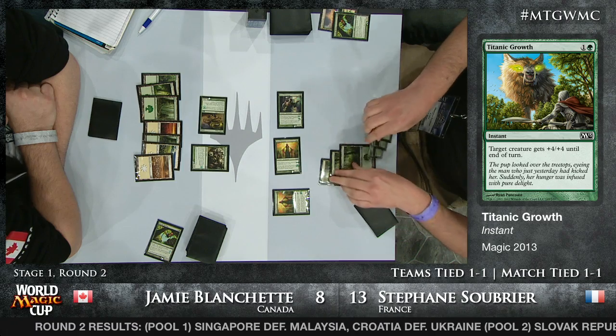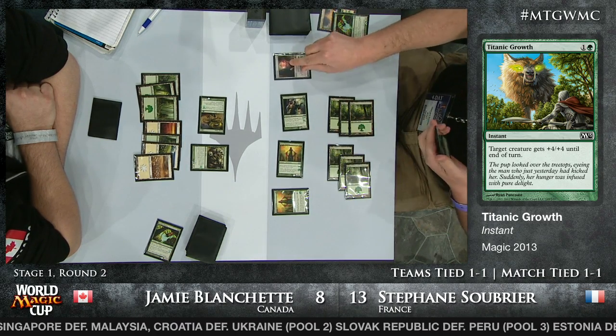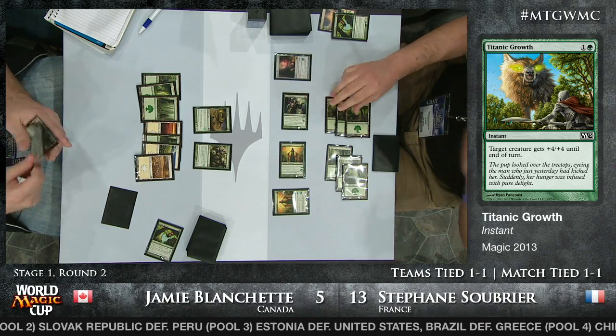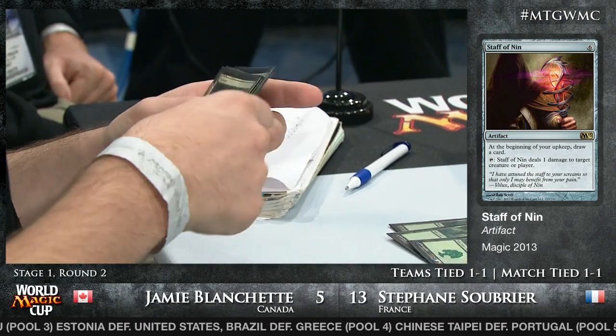Again, that white mana. So Jamie goes to 5. Staff's going to come down. So now he's at 4, effectively, if Stefan so chooses. Well, you know, I mean, it's interesting, right? If that had been a Predatory Rampage,